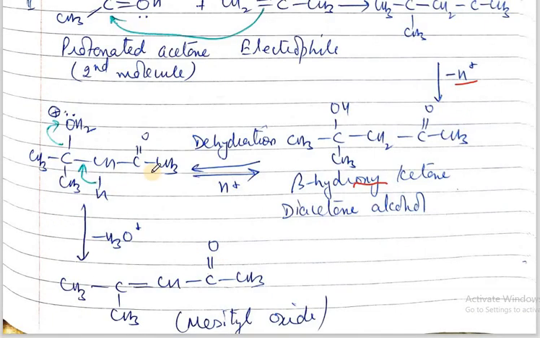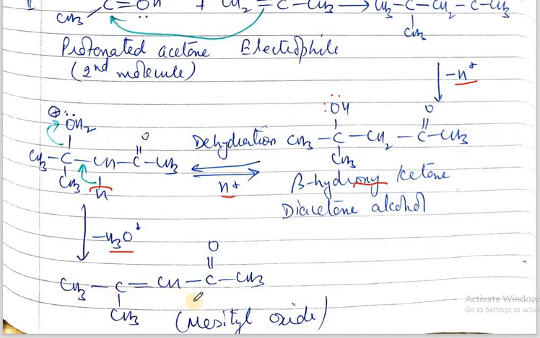Further this is dehydrated to give this product, in which the H positive gets attached to this oxygen, and this oxygen now, due to this hydrogen, has a positive charge. Then these electrons move to this and water is released, and here this hydrogen gives electrons to this carbon and a double bond is formed. So this hydrogen gets removed as a hydronium ion, and we get the alpha beta unsaturated ketone.